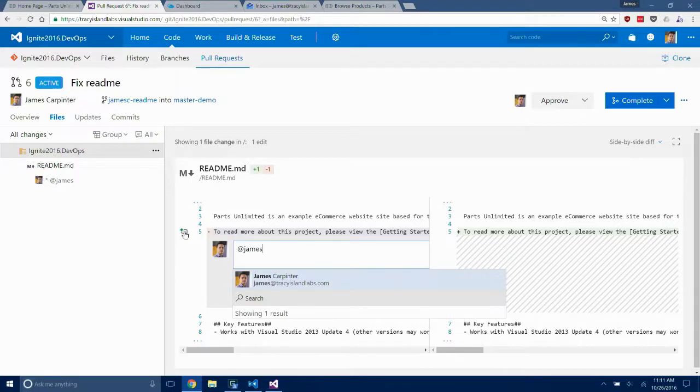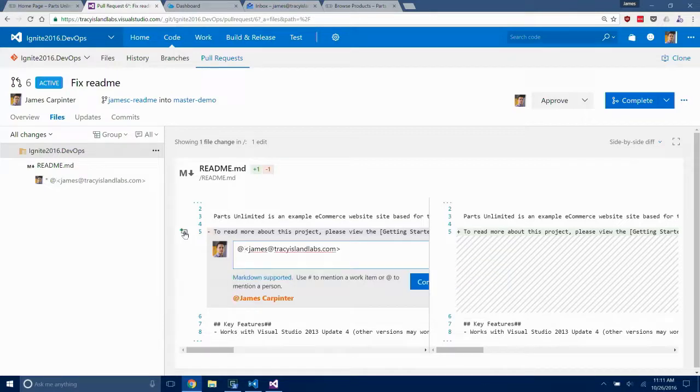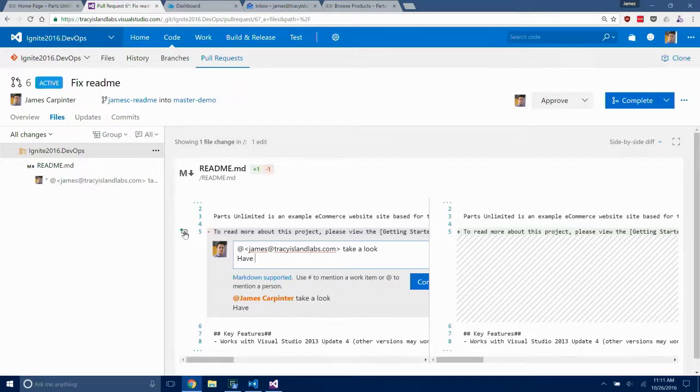If I see something and I'm like, oh, well, actually, I want my senior dev to look at this because I think he would have an interesting perspective, I can call him out directly and say, hey, take a look. I can even use Markdown in these comments, right? So if I'm wanting to say, hey, have you thought about using async here? I can actually put,